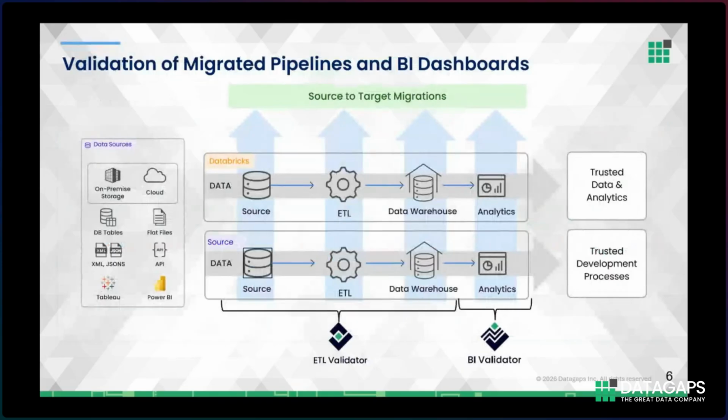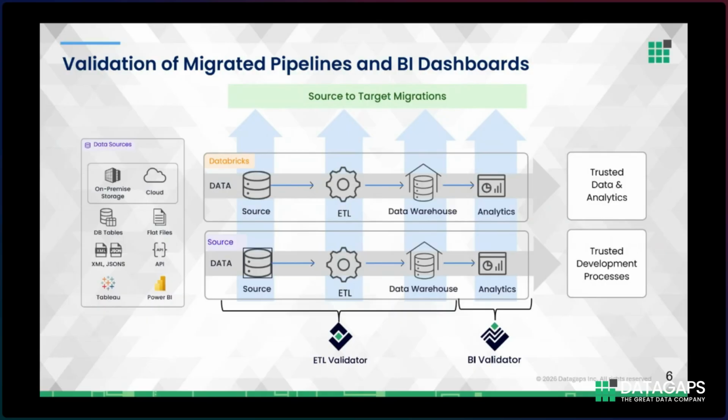So this slide highlights a common real-world use case where you're validating the migrated pipelines as well as the business intelligence dashboards during a source to target migration initiative. So this could be part of an application migration or a cloud